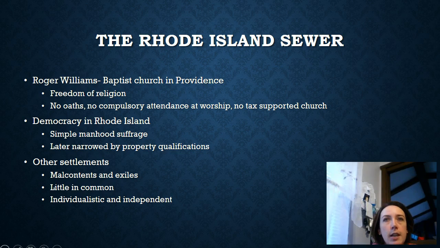It's really interesting because the people that are thrown together in Rhode Island have nothing in common except they don't fit in anywhere else. And this creates a really unique society in Rhode Island where they become very independent, very individualistic, which is fun, but it's also difficult when we do approach revolutionary times and even the first federal period after the revolution, because Rhode Island kind of holds on to that independent spirit and says no to a lot of things and holds out in a lot of situations that we'll kind of joke about as we go on.